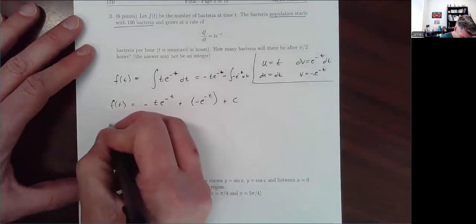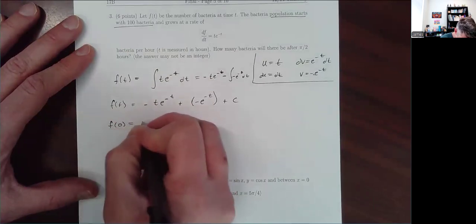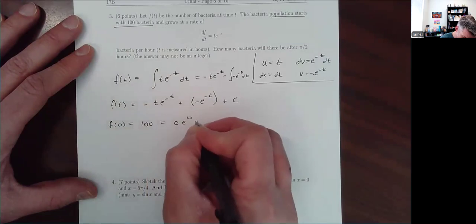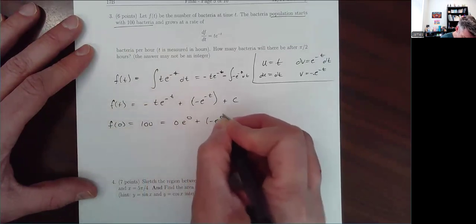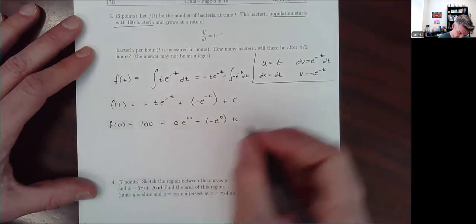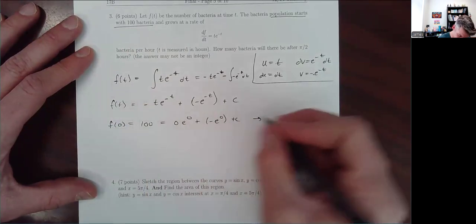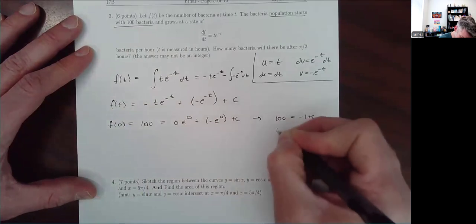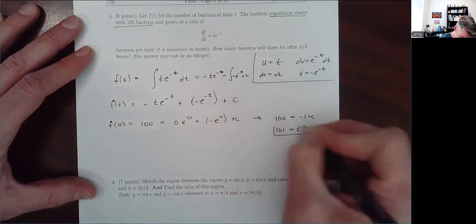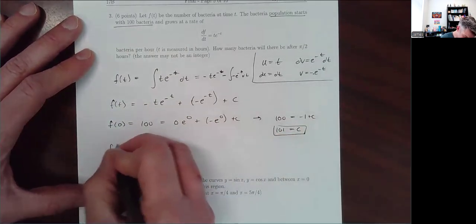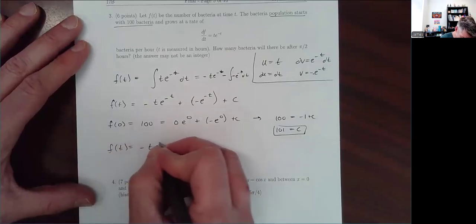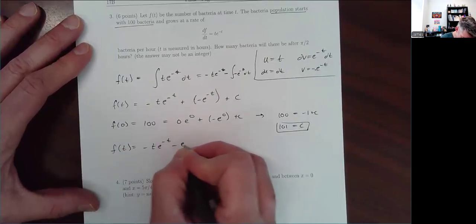So f of 0, which is equal to 100, is equal to 0 e to the 0 plus negative e to the 0 plus c. So it looks like c is equal to, well, let's see, 100 equals negative 1 plus c. So it looks like c is equal to 101. So f of t is equal to negative t e to the negative t minus e to the negative t